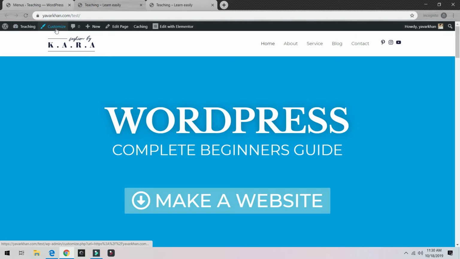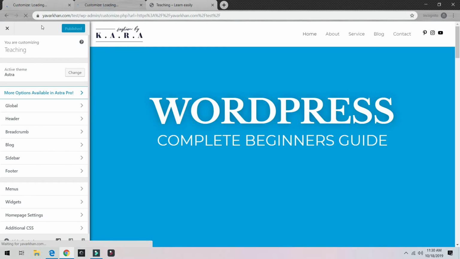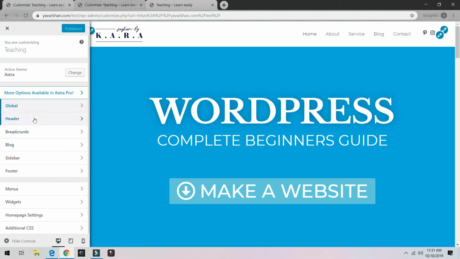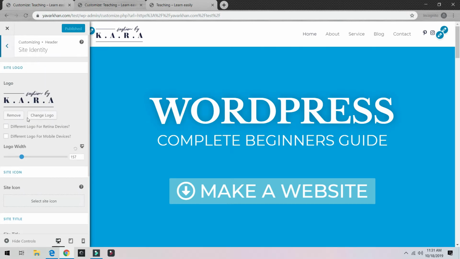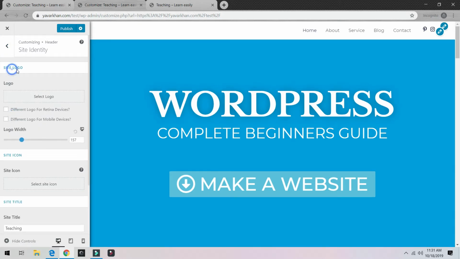It's really simple. There are 2 ways to go. If you just click on customize on top, you can go from the front end, or if you want, you can go on themes, customize. So as you could see, now these are all the options for the website. If I click on header, site identity, remove, I remove the logo, I can add the logo again,